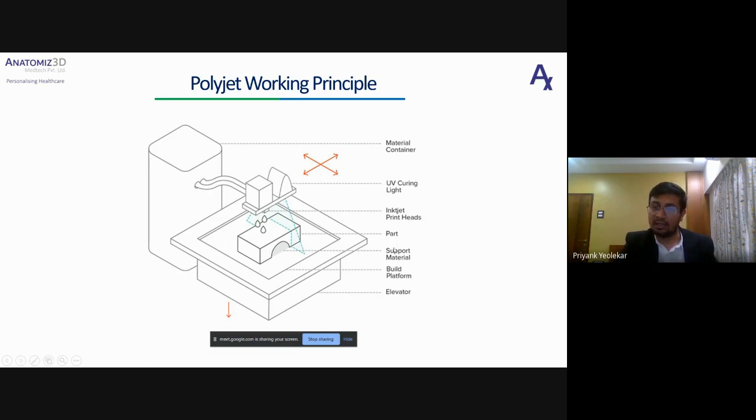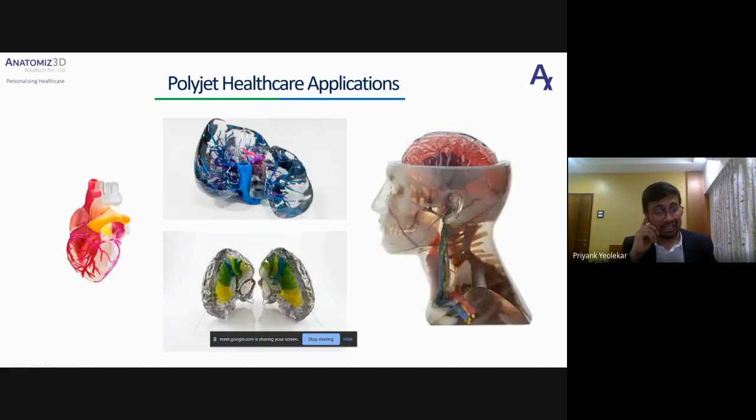As you can see, here they have mentioned support material. Your main part is printed in some material, and your support material is printed in another material. So in PolyJet, you get different kinds of wax-based support materials. After printing, you can directly dip that part into warm water, so that this wax-based support material gets washed away, and you only get the actual part. That is how the PolyJet technology works. These are some of the PolyJet parts.